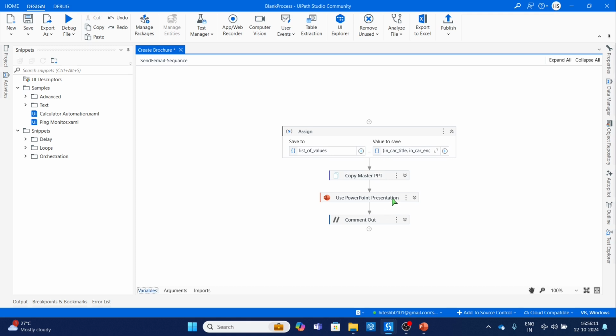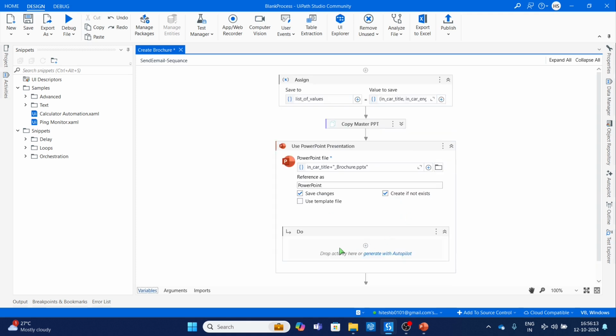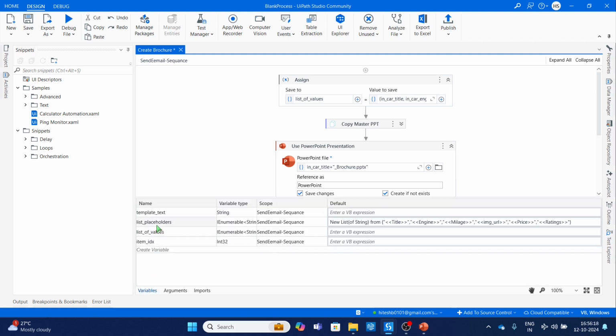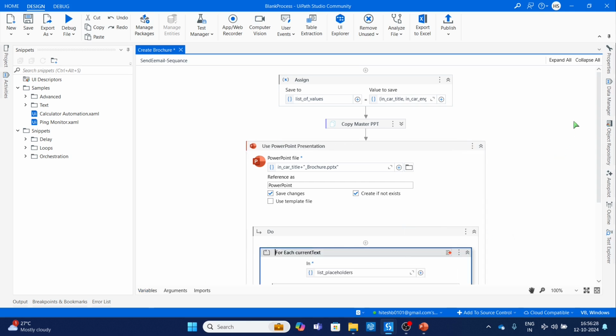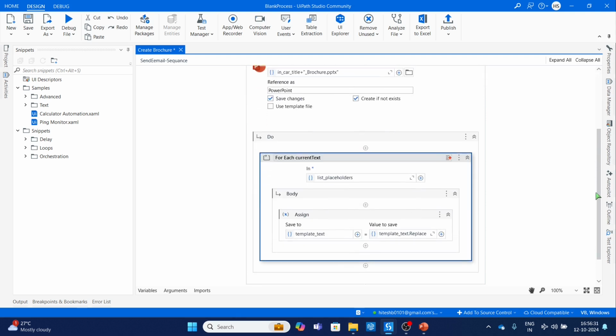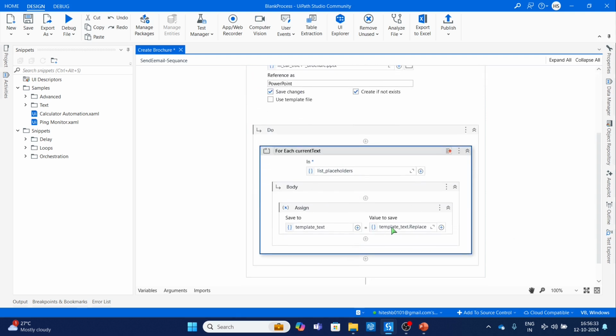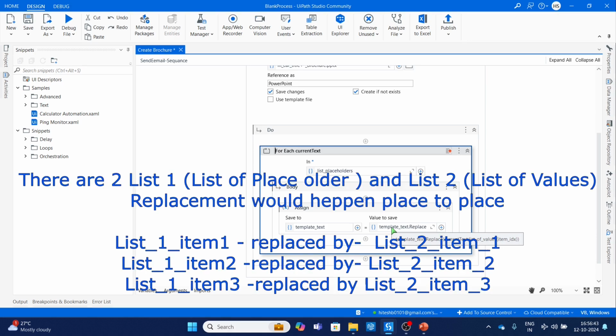So first, we have all of this, and now this loop will go inside. Let me explain why. Because this loop goes over the placeholders, and all the placeholders have to be replaced inside the PPT. If you open this loop, what it does is it will go to all of the placeholders, get the index value of the placeholder, and replace it. So the sequence here,